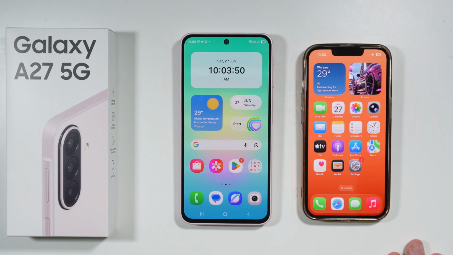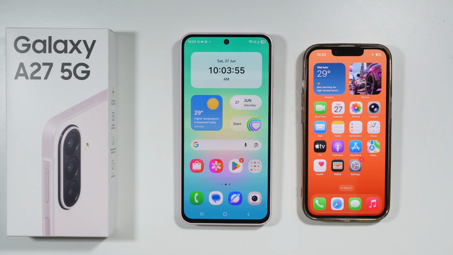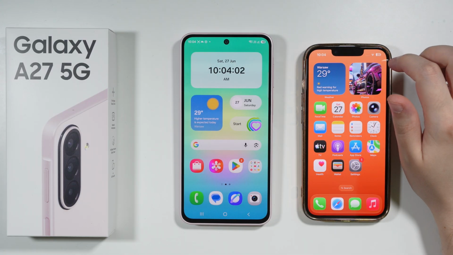In this video, I'm gonna check if we can use Quick Share from Samsung Galaxy A27 with AirDrop from iPhone. Usually, in order to check if it is possible to use both of these features together and transfer files, is